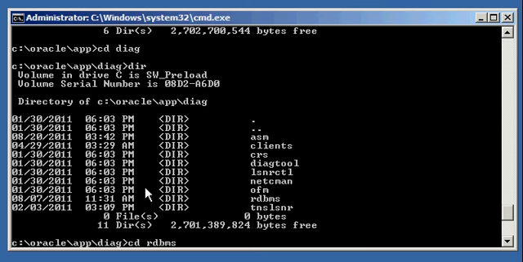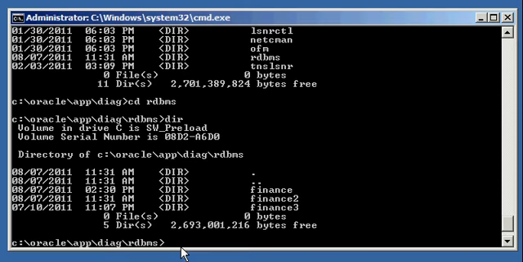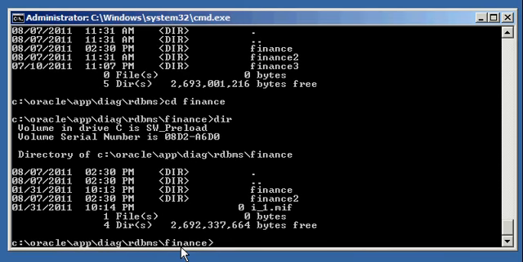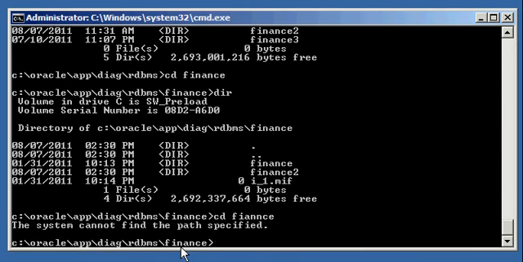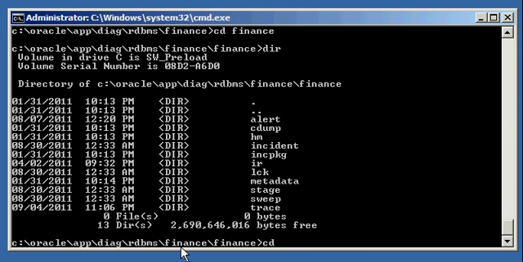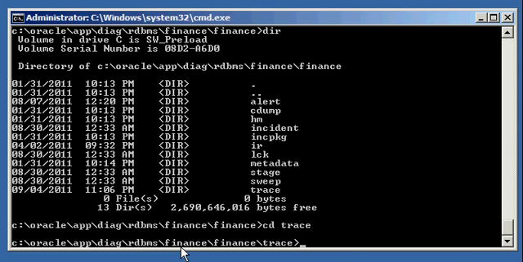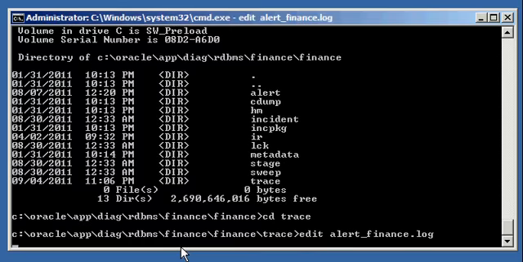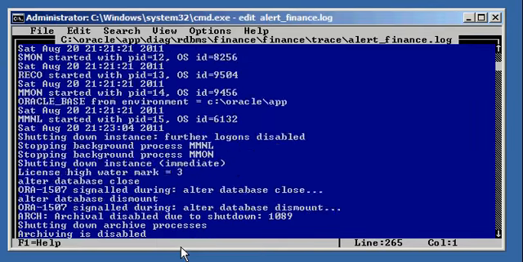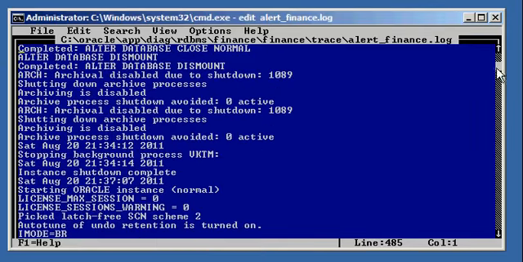finance. So we go to our Oracle base, Oracle app, the diag directory under Oracle base, cd RDBMS, cd to finance, cd to finance again, cd to trace, and we edit alert finance.log. Okay, and we go all the way to the bottom here,